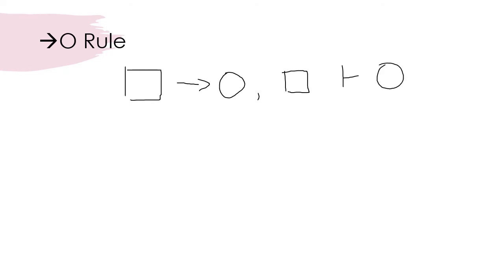And what I'm going to use here, instead of letters, and it will make sense as we move further along in the proofs, I'm going to use squares and circles. So say that I have a square, arrow, circle. And then I have square, and I'm looking to derive circle. So